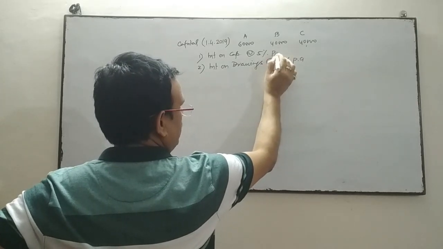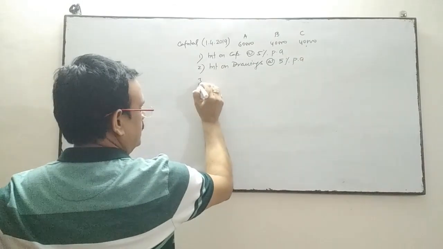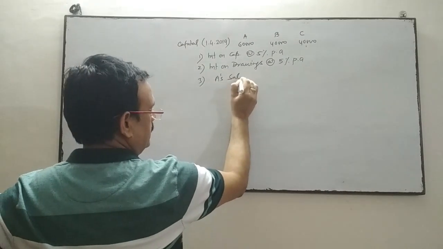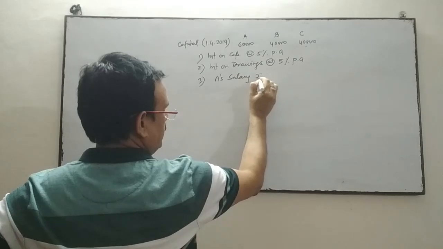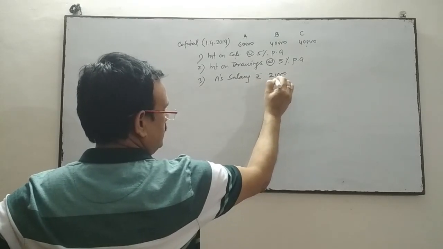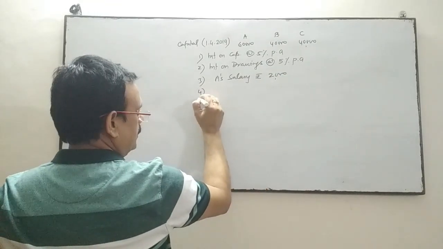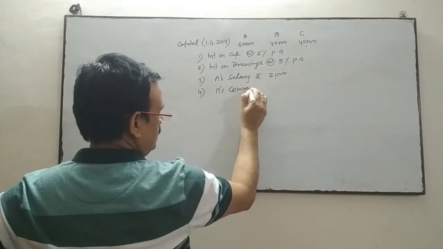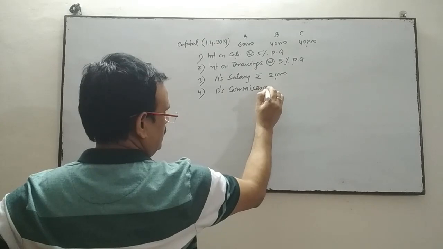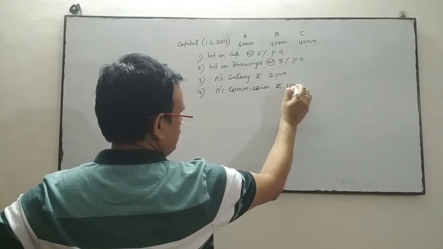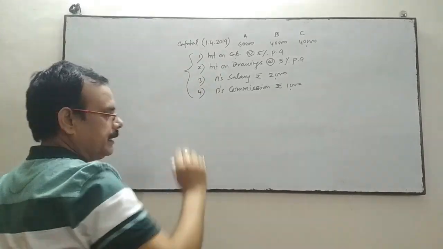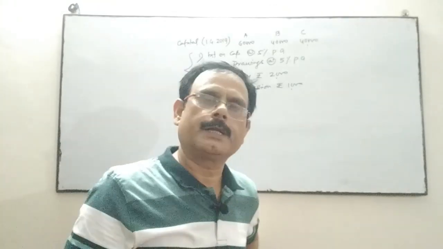Third, A's salary rupees 2000. Fourth, B's commission rupees 1000. These 4 treatments are not done by the accountant